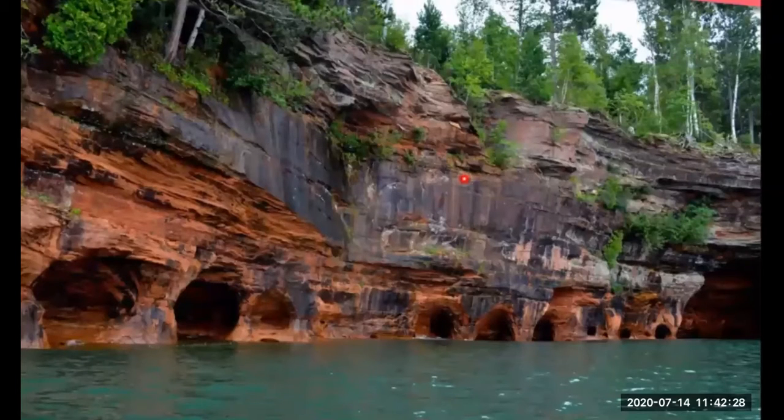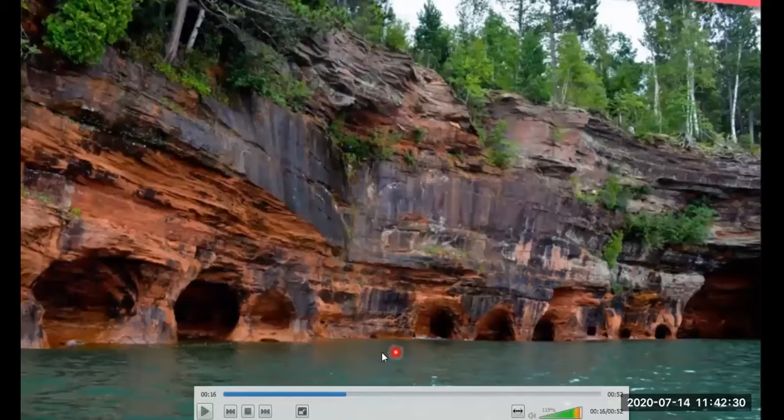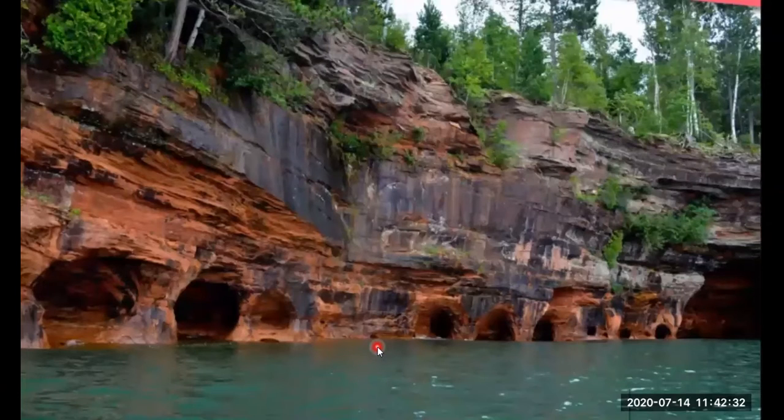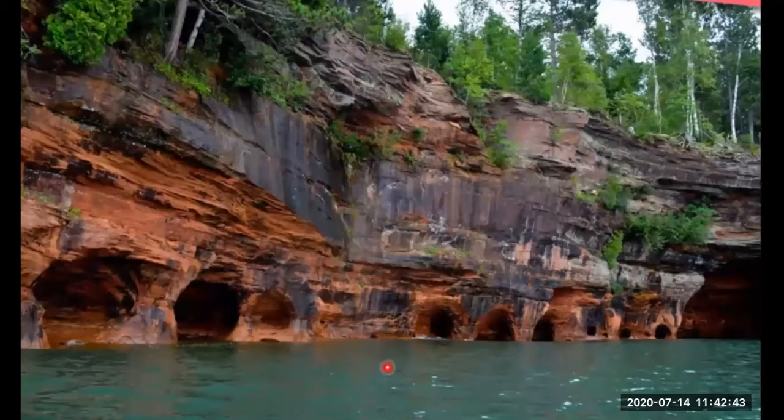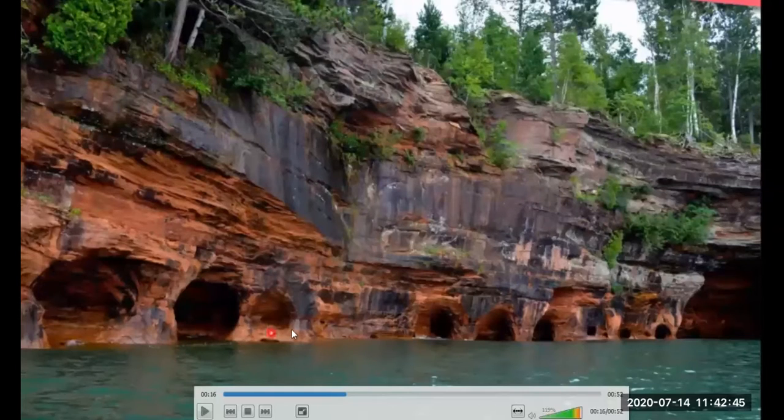Now you can see the sea waves. The sea waves are striking the mountains again and again, and it creates a hollow-like structure. You can see over here, a hollow-like structure is also being formed because of the sea waves, because of the striking of the water again and again on the mountains. And you can see over here the hollow-like structures are created, my dear students.